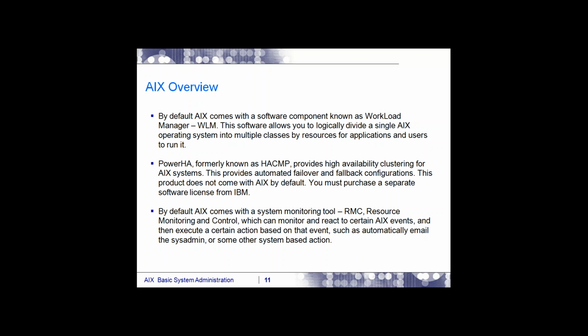For PowerHA, as per this slide, we need to purchase this PowerHA software license. Yes, you have to purchase it separately. You have to buy this license. Without buying this license, of course, we can install it and configure it, but it gives limited features. This product does not come with AIX by default, and you must purchase it separately. But up to 6.0 only it is like this. From 7.0, you can see this software in your machine.